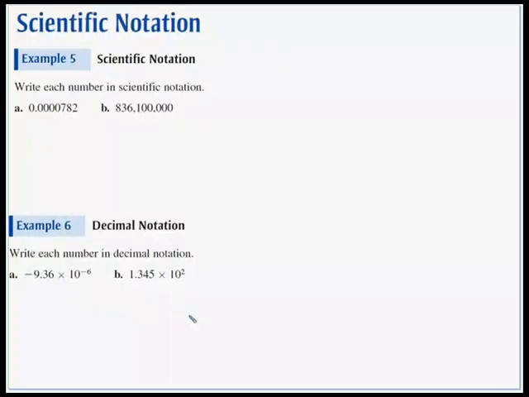I think this is the last thing we're going to cover in this video, and that's scientific notation. This is something, again, you should remember from earlier classes. The first one, write each number in scientific notation. So remember, we want to move that decimal so we have a number, the decimal, and then the rest of the number after it. Here it looks like I want to move the decimal 1, 2, 3, 4, 5 spaces. 5 spaces. So my number is going to be 7.82